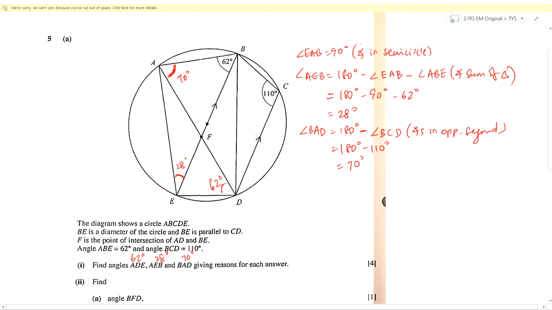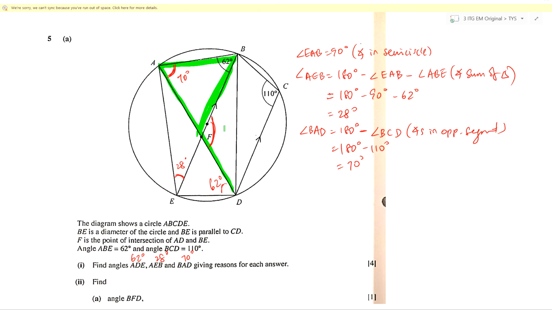Now, next, part 2, part A, find angle BFD. Now we need this angle. There are a few ways we can do this. The most straightforward way is to recognize that it is the exterior angle of this green triangle. One way we can do is to find the angle sum of this triangle, 180 degrees, find out